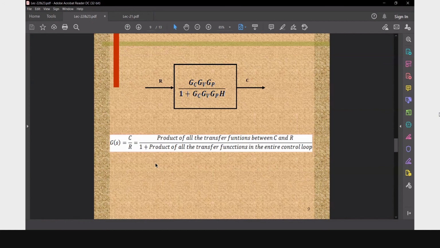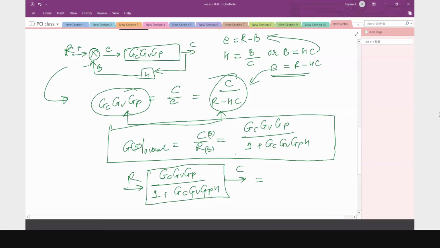ठीक है, कंट्रोल लूप अब ऐड कीजिए आप, GCGV GP, फिर कंट्रोल वेरिएबल C होता है, फिर लूप होता है डाउन साइड, then there is a sensor, it will go back to the comparator and give us the error E, and then the signals again GCGV GP, in between GP and there is a control valve, there is a downward arrow called load variable. Okay, you remember this diagram always, keep in your mind. So overall C by R कैसे डिफाइन करते हैं, product of all the transfer functions between C and R. C कहाँ है, एक एक्सट्रीम कंडीशन पे है, ठीक है, C कहाँ है,